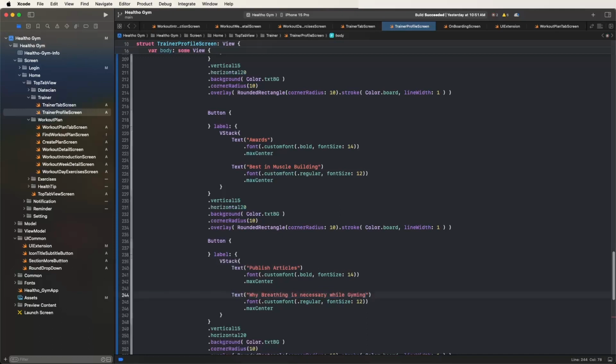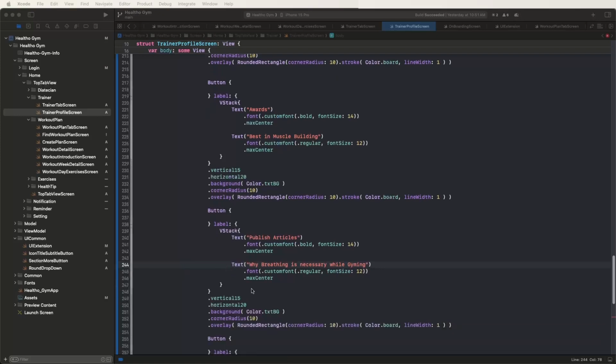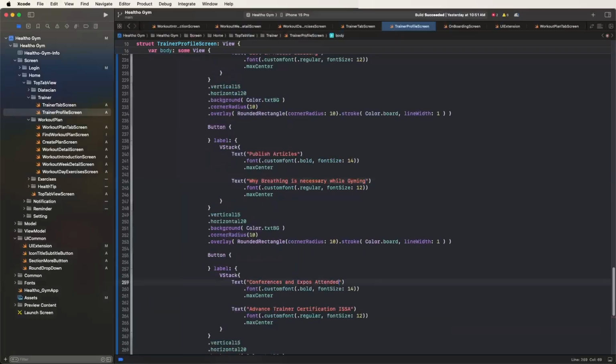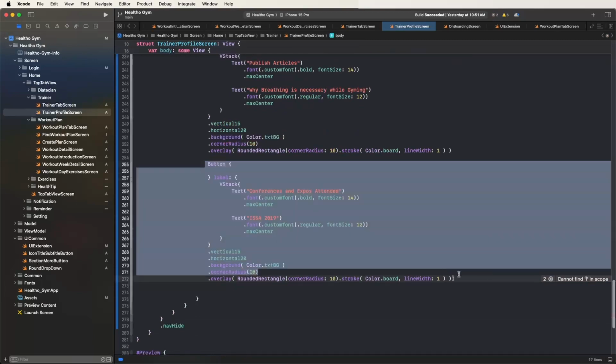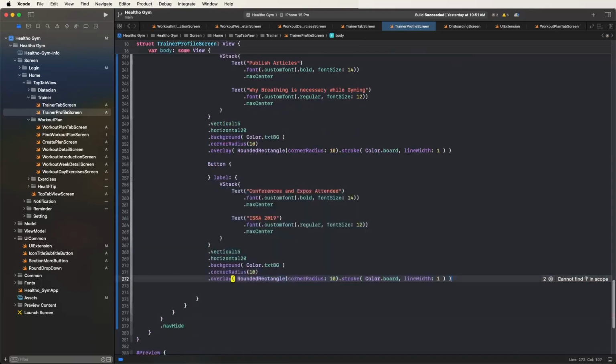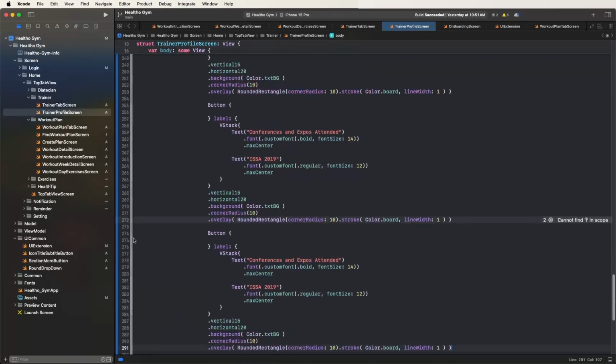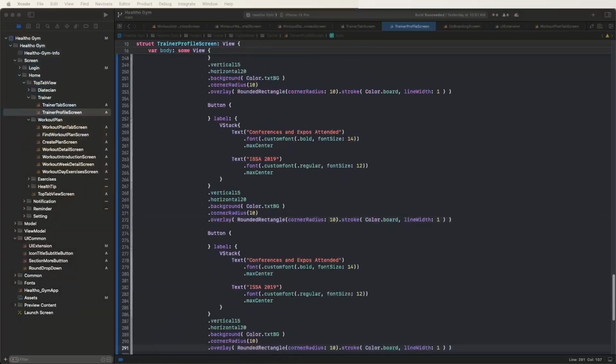subtitle. Same as now to set the conference and expert attendant, and to give this the value like this. Also again need to copy, and last need to develop here. Paste this here, and now need to set the personal training clients and feedbacks. Need to paste this here,